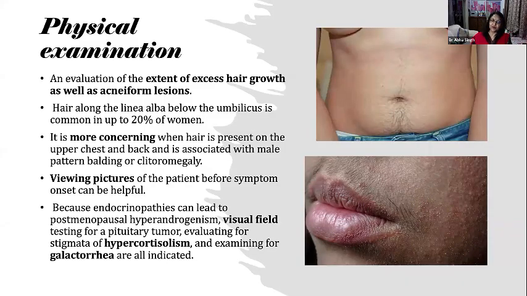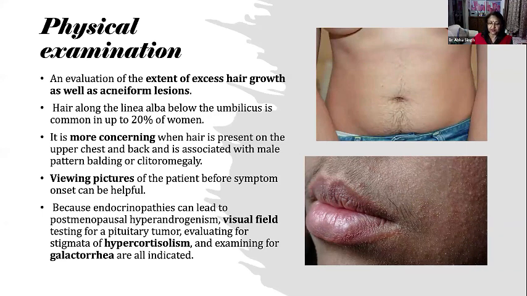Then a physical examination, so the evaluation of the extent of excess hair growth and the extent of acneiform lesions. Now, hair can grow along the linea alba, as you can see in this picture, and this is seen in about 20% of patients. But it is more concerning when it is present on the upper chest, back, and is associated with male pattern balding and clitoromegaly. If she has pictures, then you can view the pictures of the patient before and after